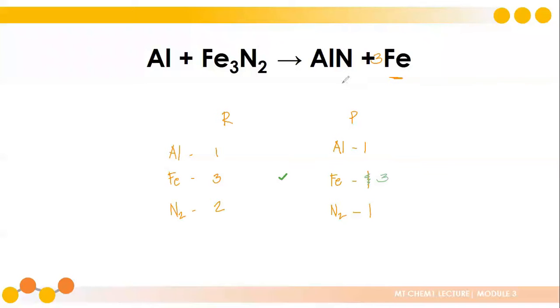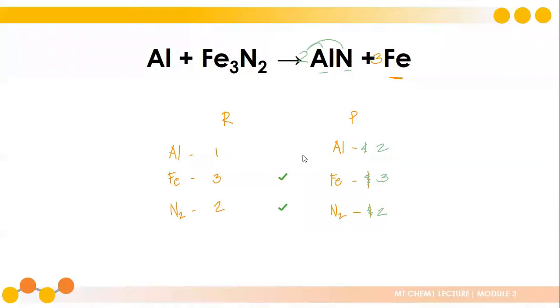But on the product side, nitrogen is with aluminum, meaning if you put a coefficient of 2 in this compound, yes, nitrogen will be 2, but also aluminum, because this is a coefficient, you have to distribute it to both of the elements included in the compound. Now that nitrogen is balanced,